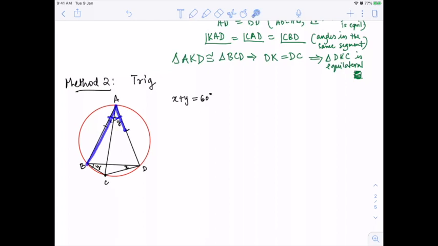Okay, what are we asked to prove? We are asked to prove AC. So let's write down what you have to prove. Prove AC is equal to BC plus DC. So in trigonometry you don't have to do some clever constructions, you just chase all the angles and you can now directly plug in the sine rule formulas. So you use the extended sine rule.